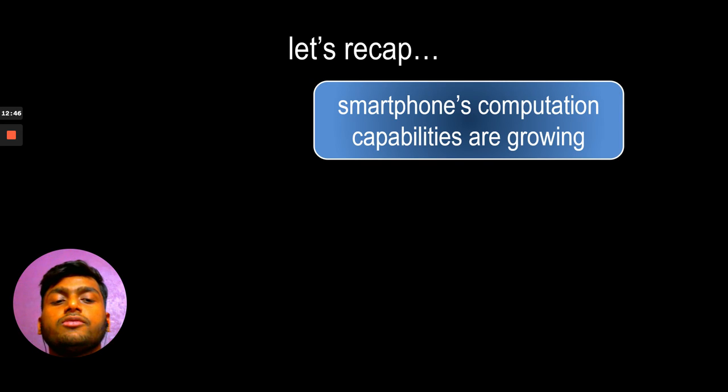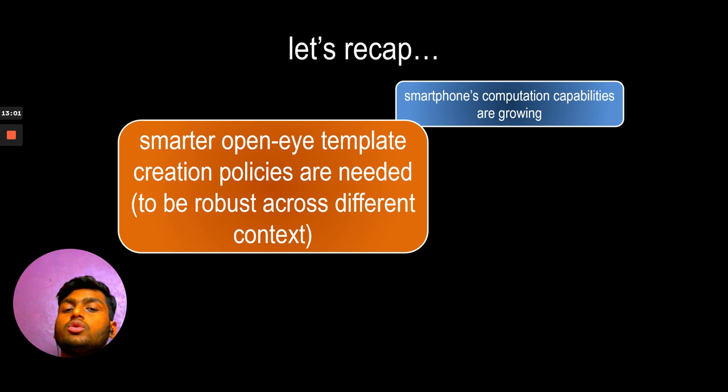So let's recap what we have learned. We have discussed that smartphones' computation capabilities are growing. You all know the basics now. High-end mobiles are comparable even to desktops and laptops. Smarter eye template creation policies are needed to be robust across different contexts and environments, for example, low light conditions and moving conditions.